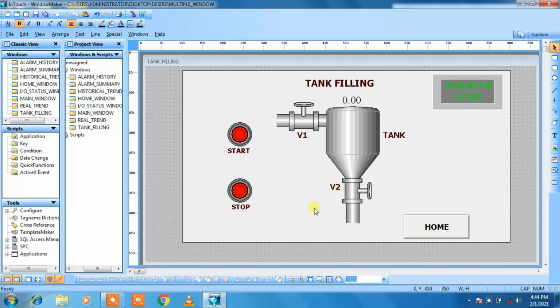Now we are doing the project development for multiple windows in InterSCADA, so we need to write the application script.